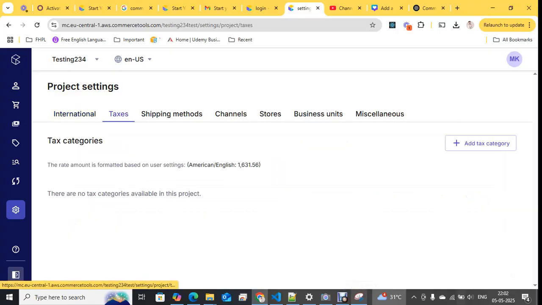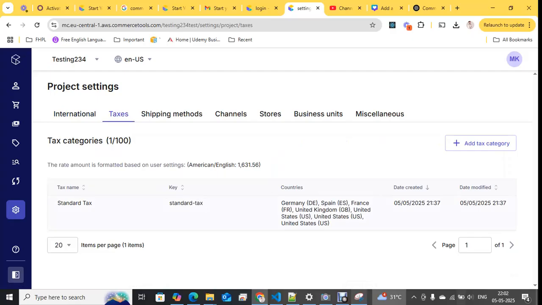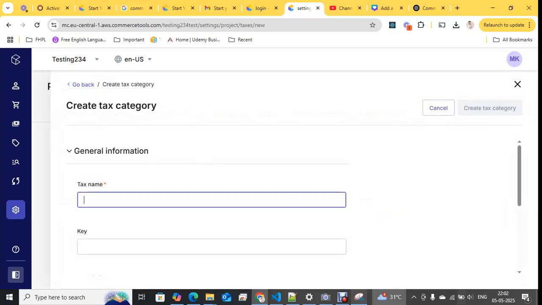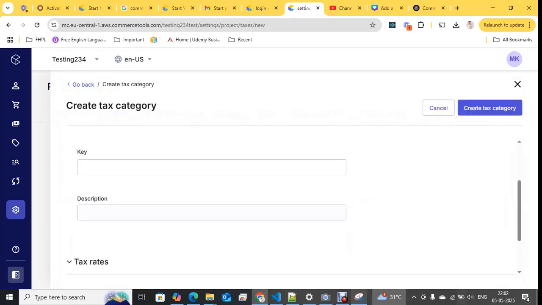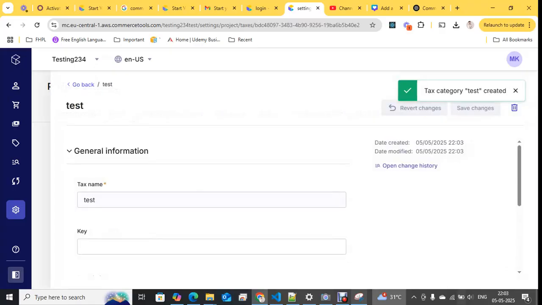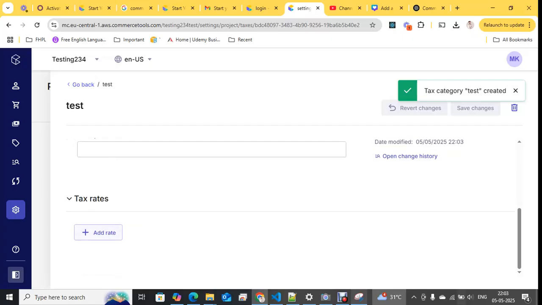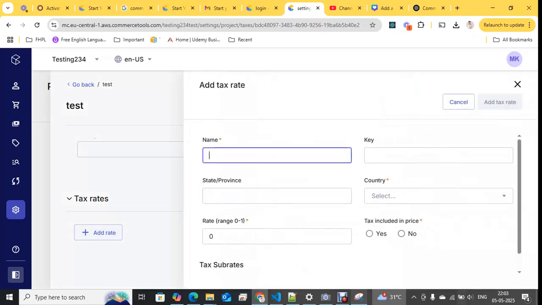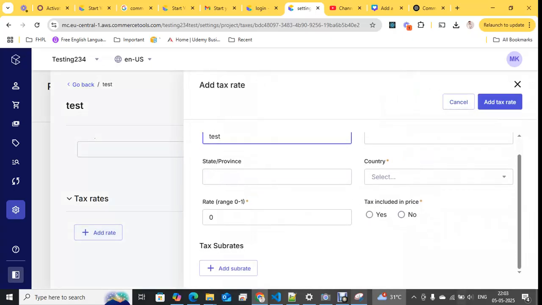If you want to create tags, you can create your tags from here. Here we have the option to create a tags category. Enter the tags name, and if you want to give a key, you can see this is a user defined key. It is not required. Then create the tags category. It is created. Then we need to create the tax rates. Here we need to give the rate, and